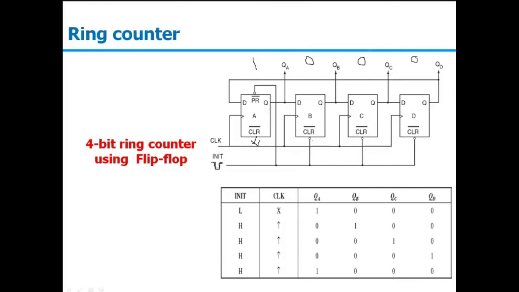One flip flop has to be in the preset, and the remaining should be 0. In this example, the first stage is in the preset condition and the remaining 3 are in the reset condition. So when we are not applying any clock, but we are applying the initializing input, QA will be 1 and all 3 others will be 0. So we have 1 triple 0 at the initial stage.